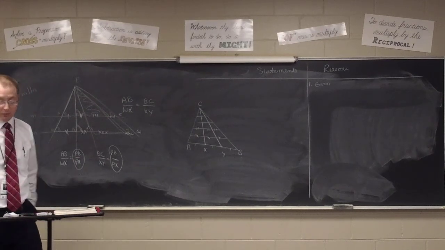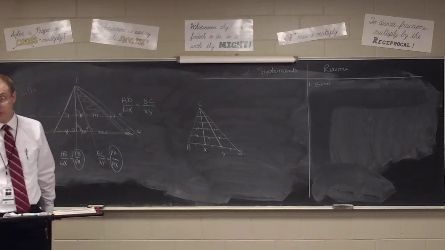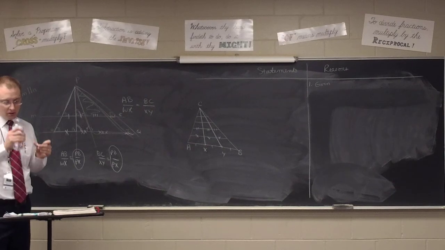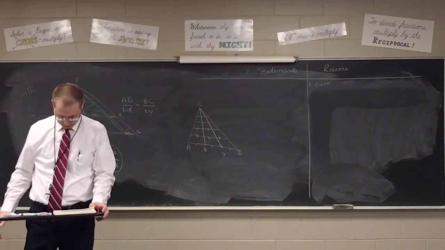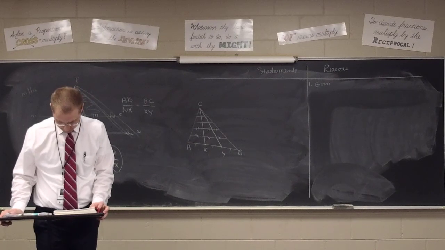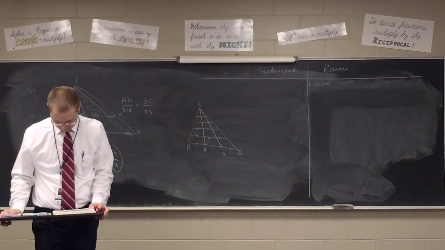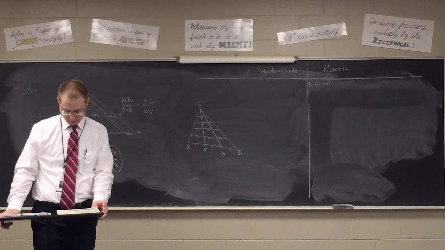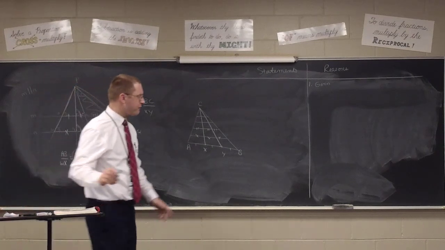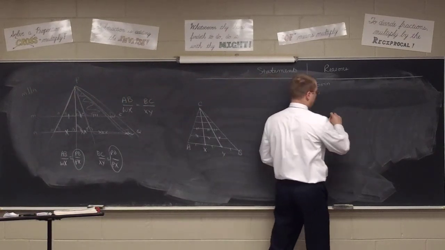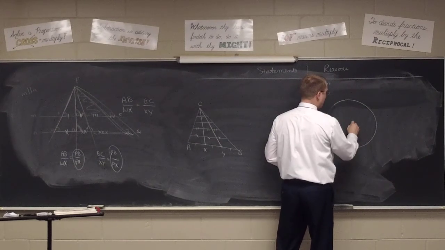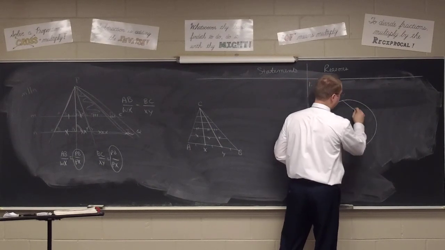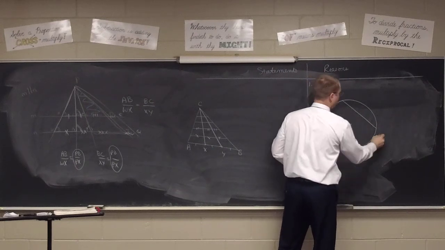Look at number 2. Read that one for us, Chris. AB is a chord of circle O, and radius OC is perpendicular to AB. The tangent at C is drawn and the radii to A and B extended to meet the tangent at D and E respectively. Prove that DC equals EC. I feel like we may have actually done this proof another way before, but this theorem certainly makes the concept easier to prove. We've got a circle O, we've got some random chord AB, and we've got a